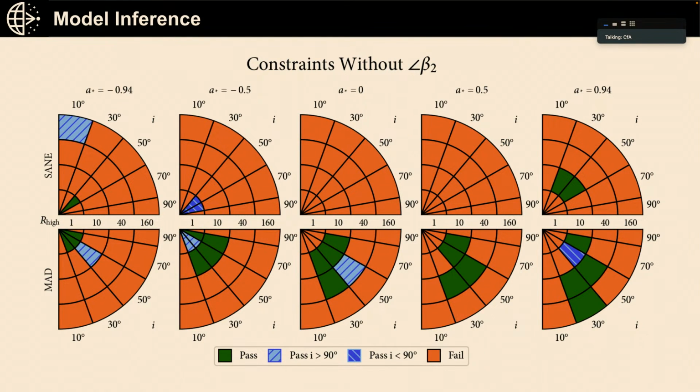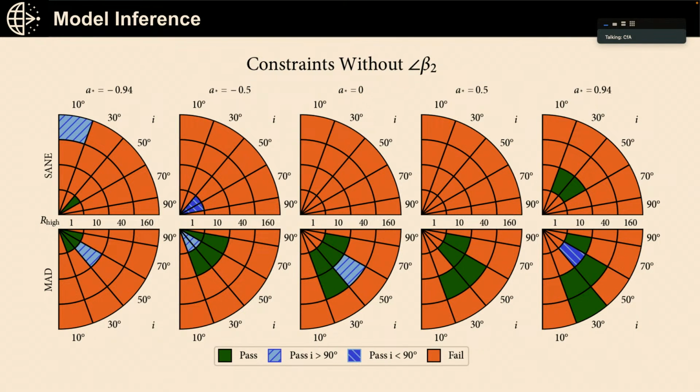So looking at this, we have, strikingly, only a very few, and of course, orange fields here are models that fail one or more of the constraints, and green or blue fields are models that pass, with the different colors of blue telling you whether they pass if the accretion flow is clockwise at greater than 90 degrees, this light blue, or counterclockwise at less than 90 degrees, this dark blue. So you can see we generally prefer MAD models. There's only a very few select SANE models that get by all of our constraints, which is, again, consistent with what we found in M87, that MAD models are preferred.